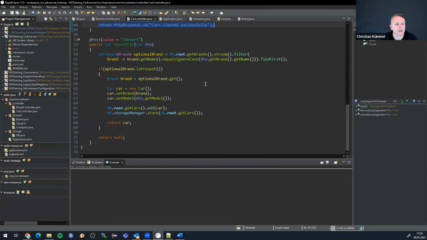So, and what is the DB root? Okay, I try to find if the brand is still in place, so that I can choose the brand. In that case, if the brand is present, I say, okay, give me the brand, and then I create a new car. I set the brand, which is already available, and then I set the model based on the data transfer object. And then I say, give me the cars, and I add the car